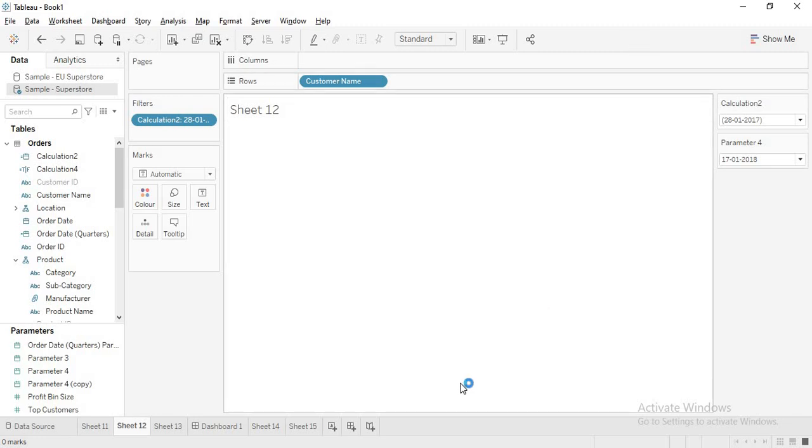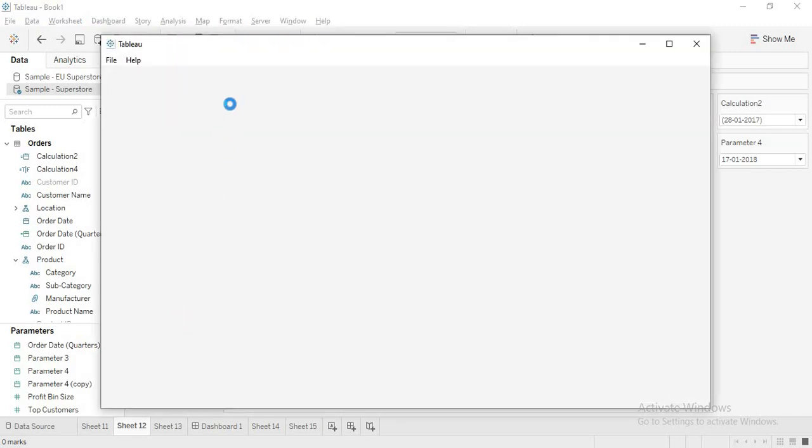Then Tableau will give you a new workbook. It is taking some time, and it will contain a detailed analysis of what is actually causing a bottleneck. If some bottleneck is happening, it will clearly show you why that bottleneck is happening and all other things. Now it's open. Just give it some time.